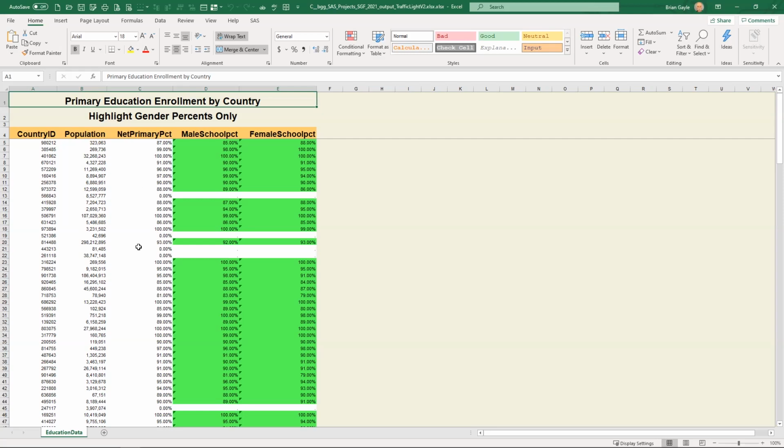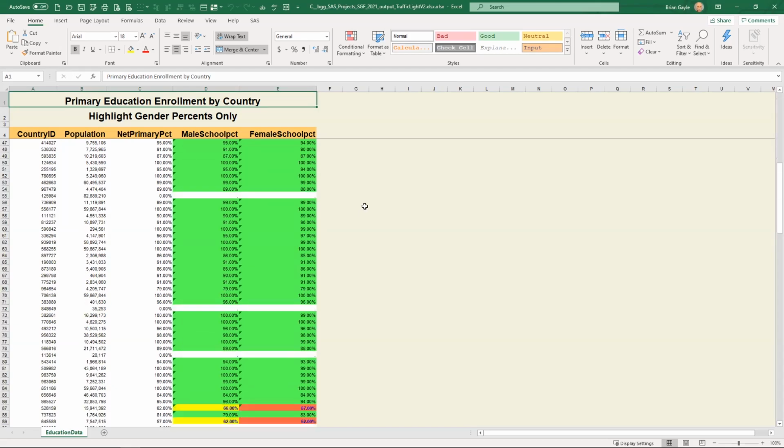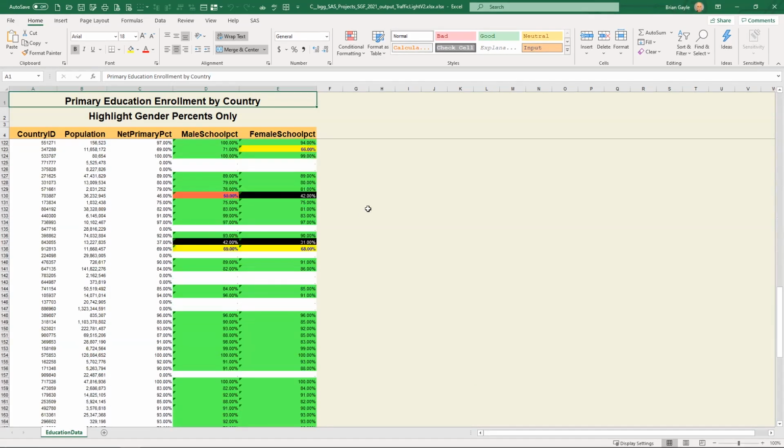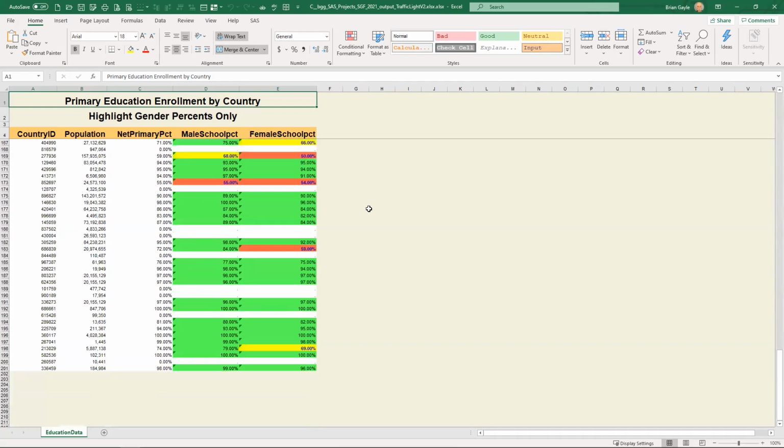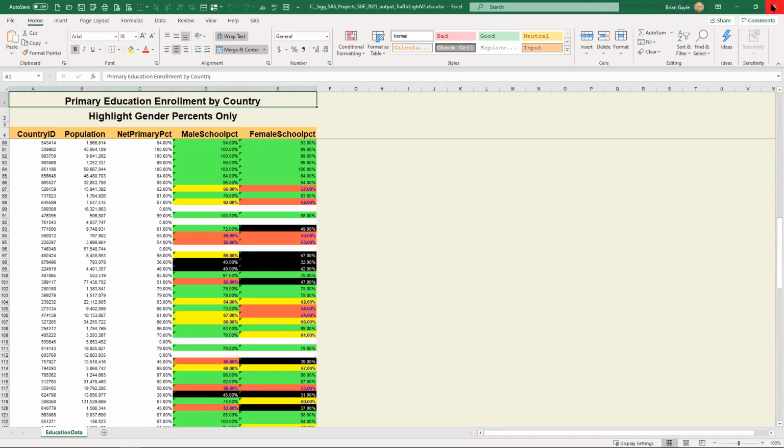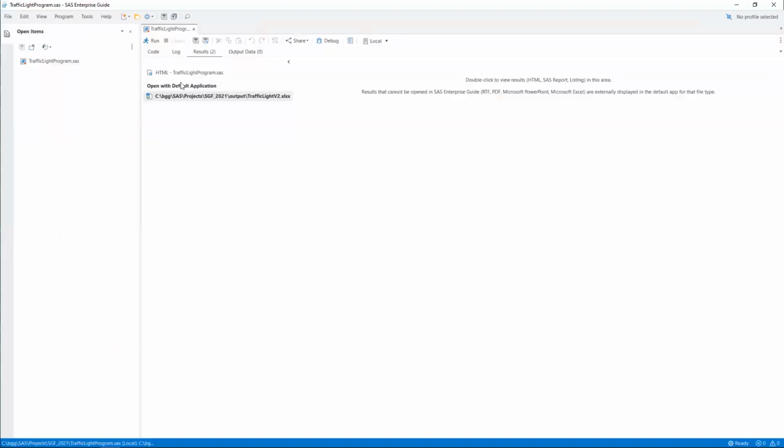Remember, in my format, when I did not have a percent and I didn't apply a format, well, I guess white must be the harvest default for a non-formatted value. But the two columns that I added are colorized, as you see in the Excel workbook. All right, so far so good.